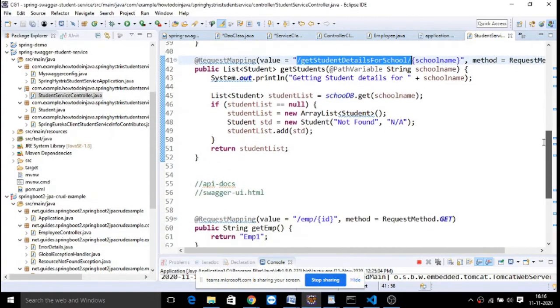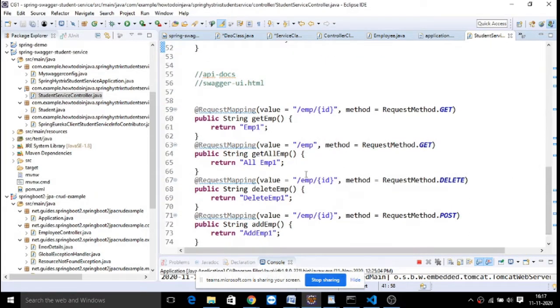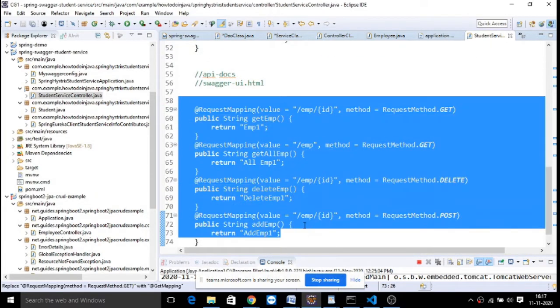There is another endpoint called post request, another called update request. Maybe I have n number of methods in my controller. All of these are called endpoints. Now, when I create a web service application with n number of endpoints, how do I communicate that my application provides these many endpoints, these many services?